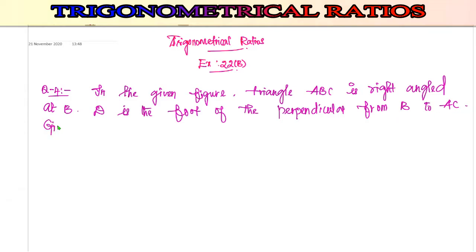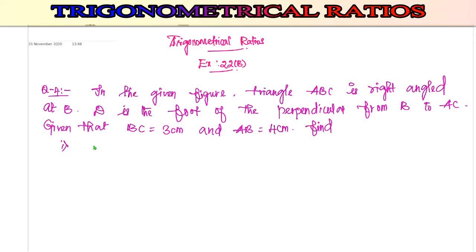Given that BC is equal to 3 centimeter and AB is equal to 4 centimeter. Find